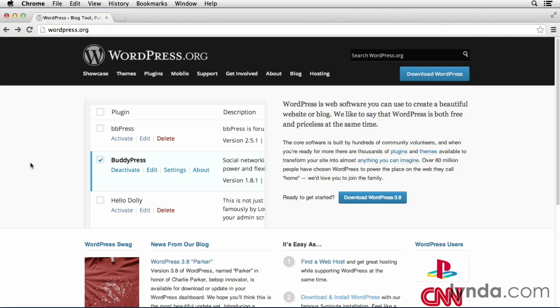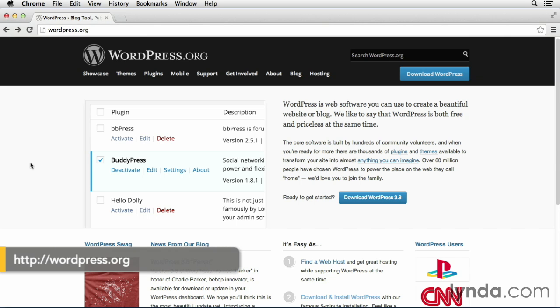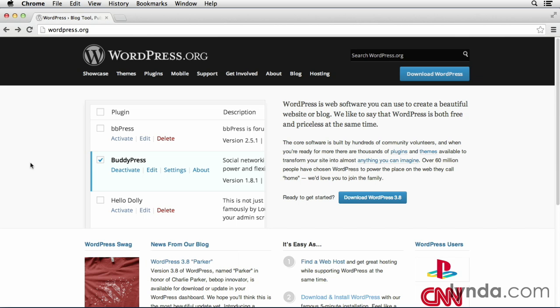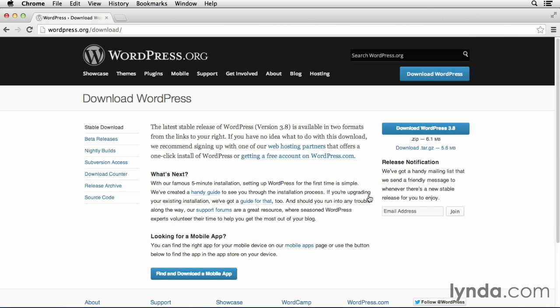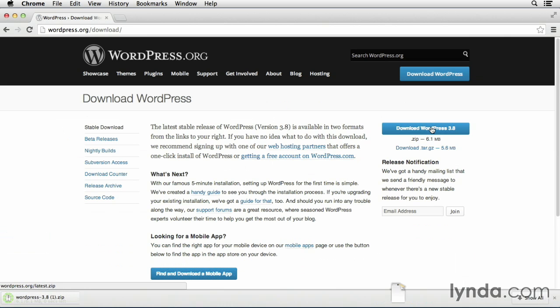So now our database is created, the basic site is placed in the local web server, and we're ready to go on to the next step, where we're finally ready to get to WordPress. To get the latest version, go to wordpress.org, not wordpress.com, but wordpress.org, and once you're there, click either of the Download WordPress links you see. That will take you to the download page, where you can click Download WordPress 3.8 or whatever the current version